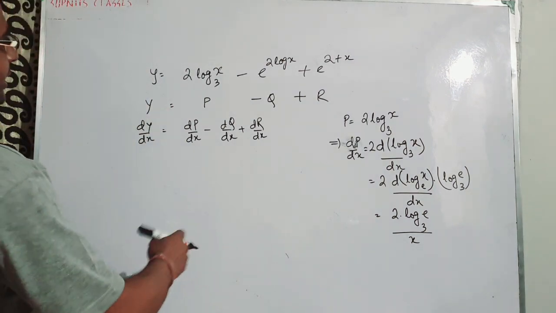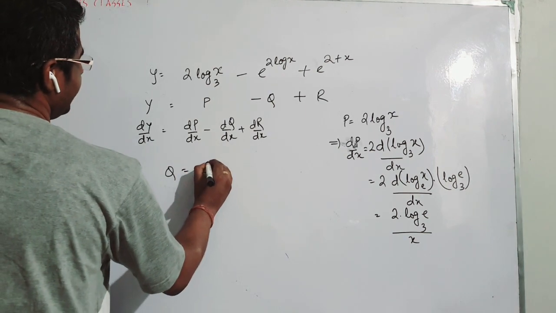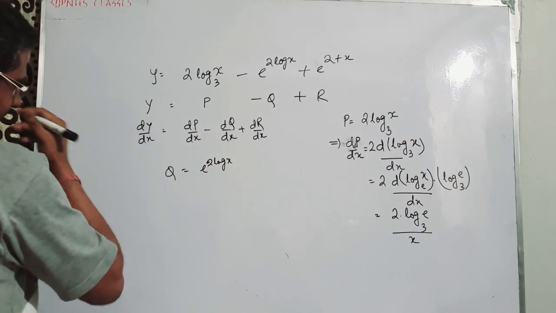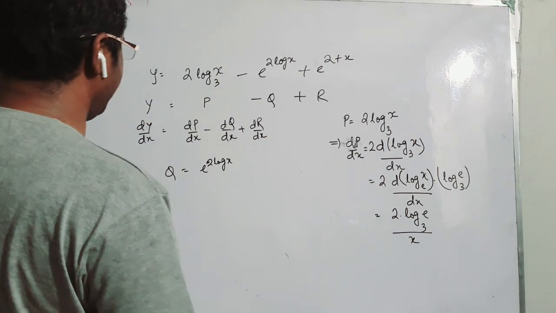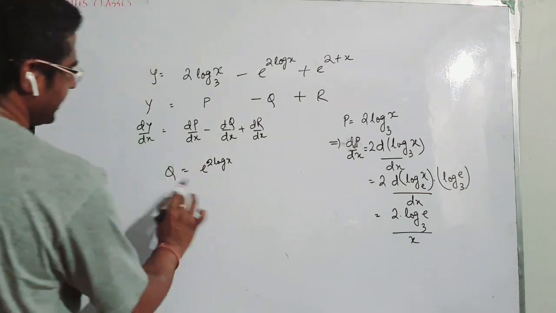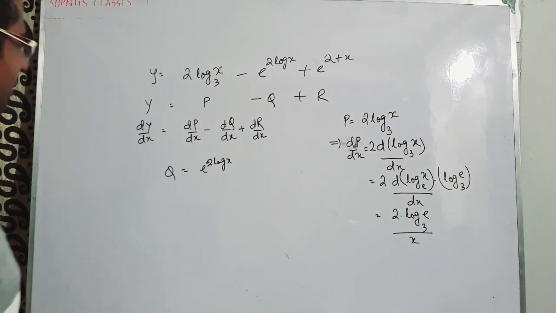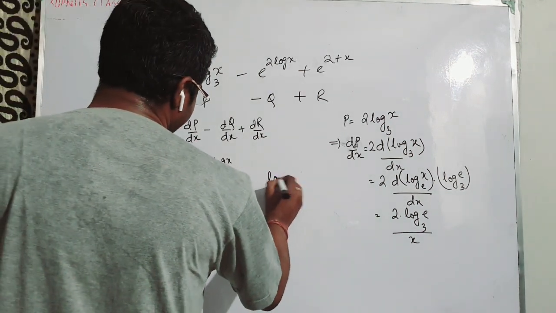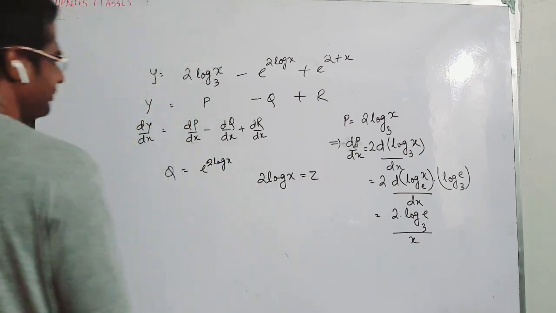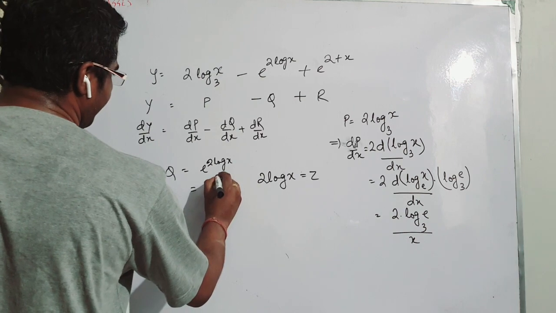So p का तो कर दिया, q का आप कर दोगे क्या? देखते हैं. q is equal to e to the power 2 log x. ठीक है? Now this is a little bit difficult, but ठीक है, कर सकते हैं, ऐसा कुछ नहीं है. देखो, how to do this kind of thing. देखो, log x का अलग से मालूम है, e to the power x का अलग से मालूम है. So what I'll do is, I'll write 2 log x is equal to z. ठीक है? So I can easily write e to the power z.